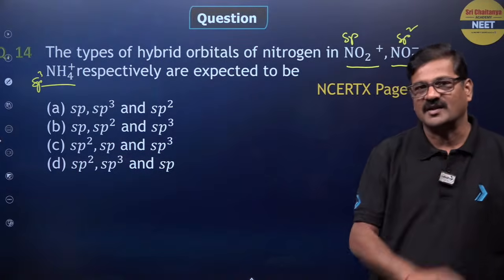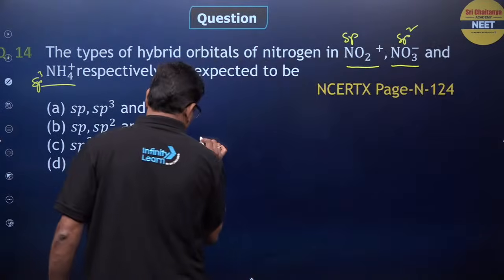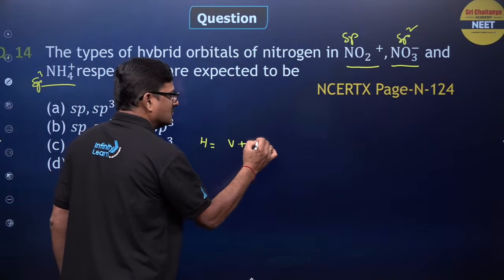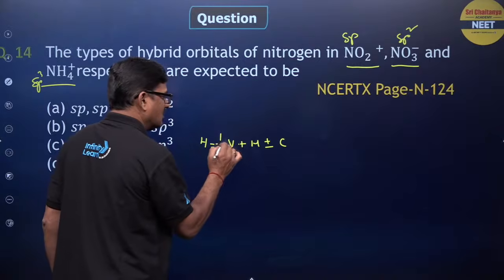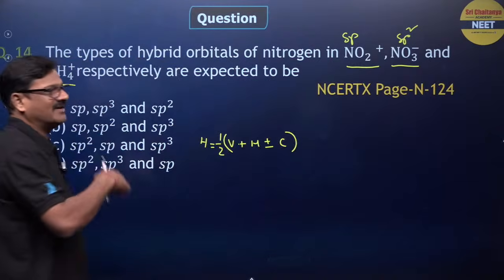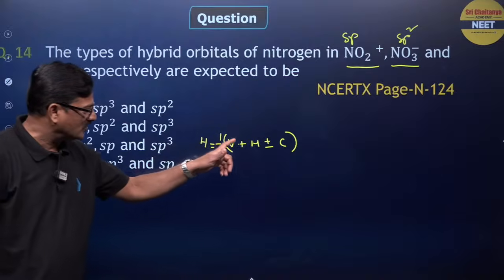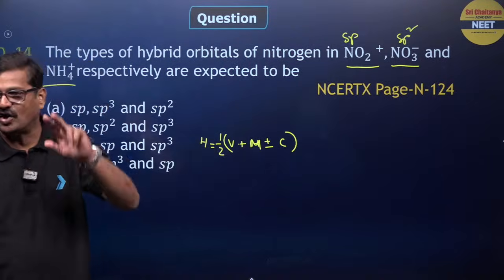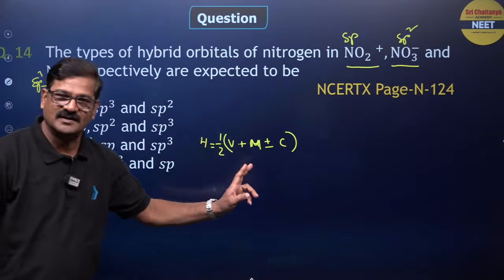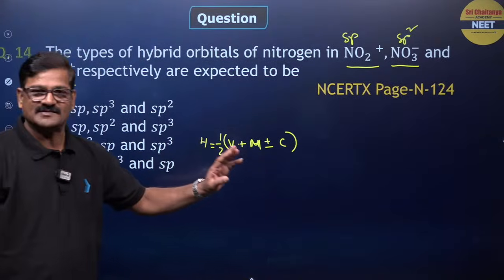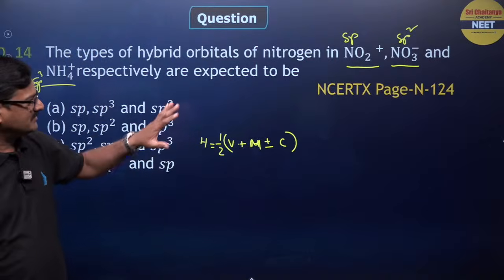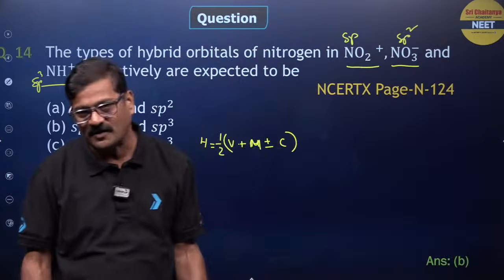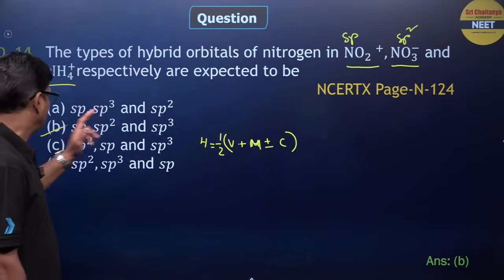How to calculate the hybridization? You can say number of hybrid orbitals equals V plus M plus or minus C, the whole divided by 2. V is the number of valence electrons, M is the number of monovalent atoms attached to the central atom, C is the charge. If the charge is positive, make it negative. If the charge is negative, make it positive. Okay, that is very, very important. You can directly say which hybridization it is, and the answer for this question is going to be